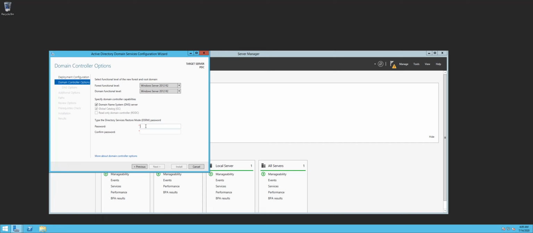Okay, so directory services restore mode password. This is like a safe mode for Active Directory, which is used for restoring any deleted objects from Active Directory using a backup. We may talk about it more later. For now, you just have to provide a password, and this password you need to write it down